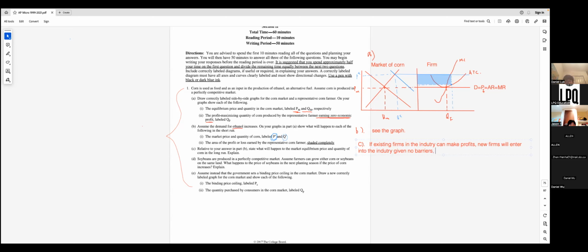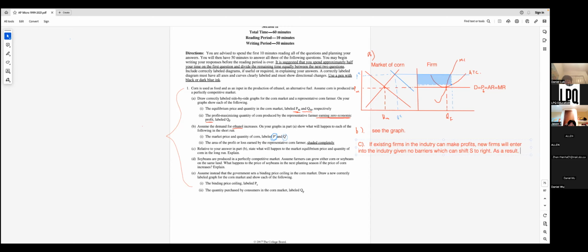Okay, so if existing firms in the industry make a profit, new firms will enter the industry, which can shift the supply curve to the right. As a result,